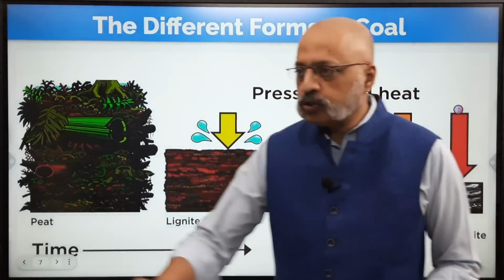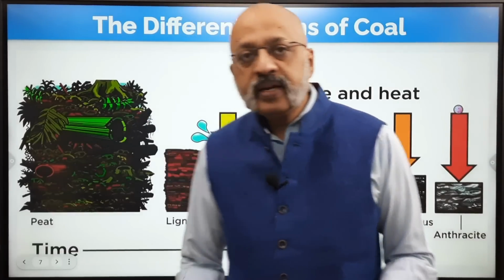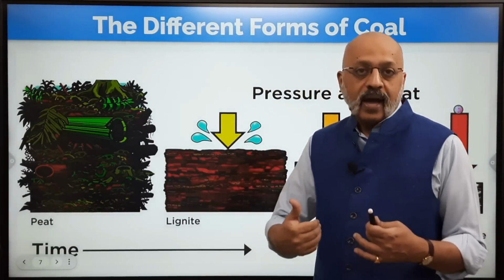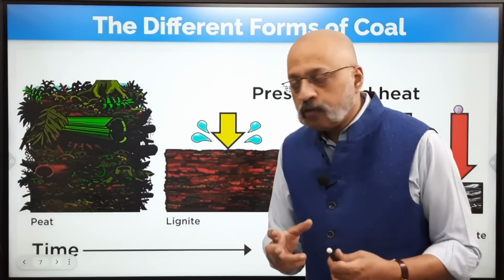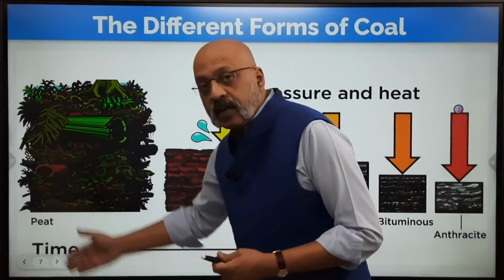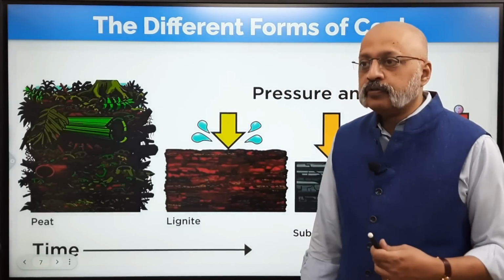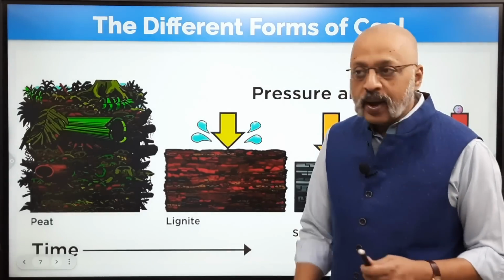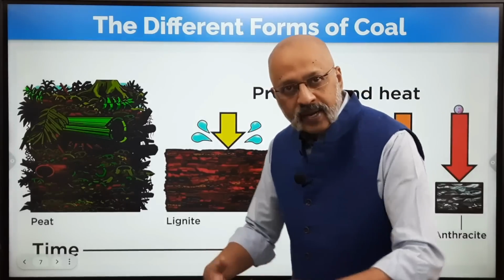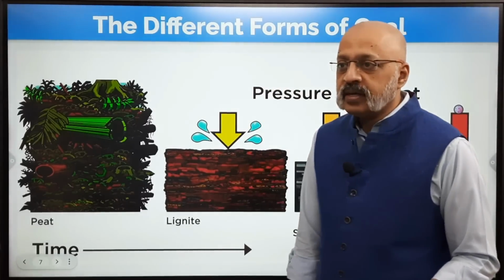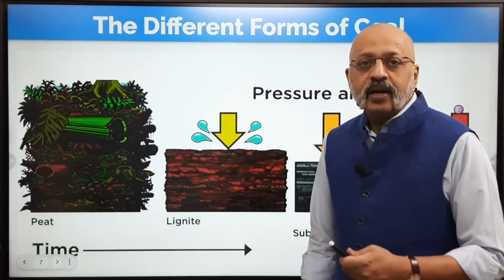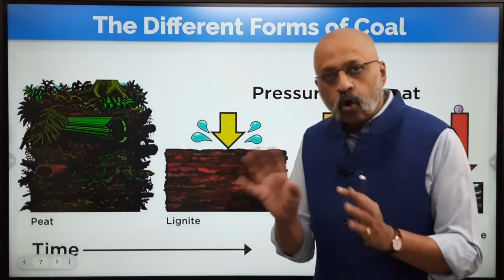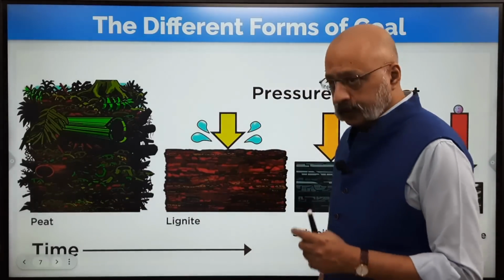Now, let's actually start with peat. Peat is the precursor of coal. Before it becomes actual coal, peat is formed first. It is found in the Nilgiris mountains in the western part of Tamil Nadu, Ooty, Kodaikanal, that part of Tamil Nadu, and the Kashmir Valley, more swampy areas, wherever there is a kind of marshy area, and it is used for domestic heating and also as an alternative to firewood. So peat is a very low quality of coal in that sense.